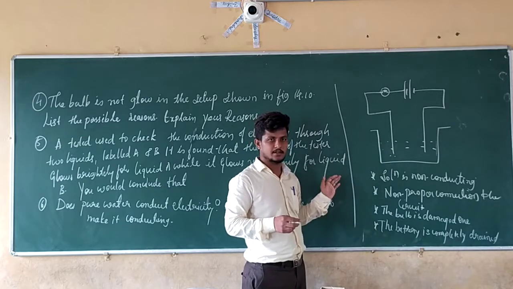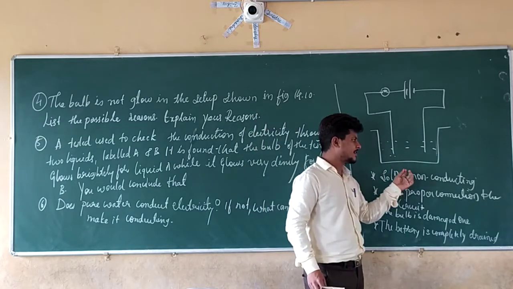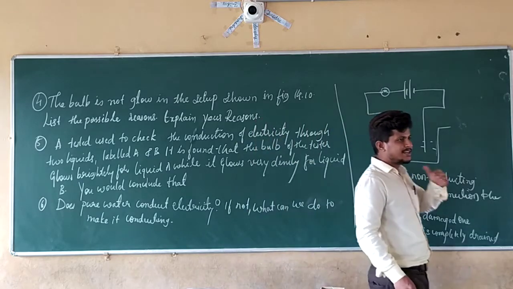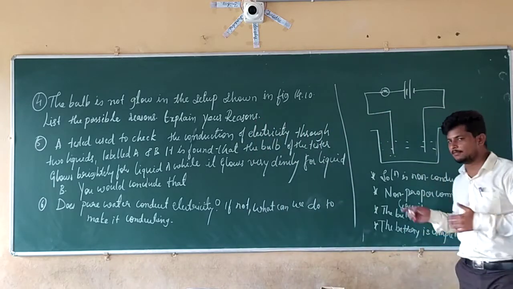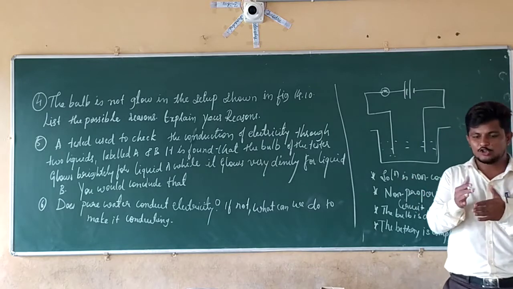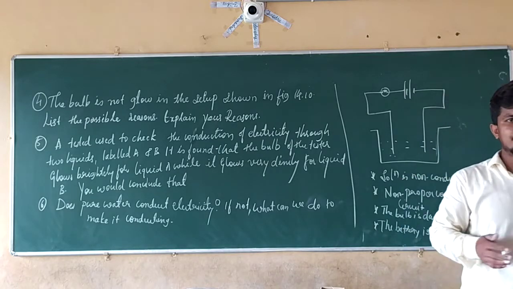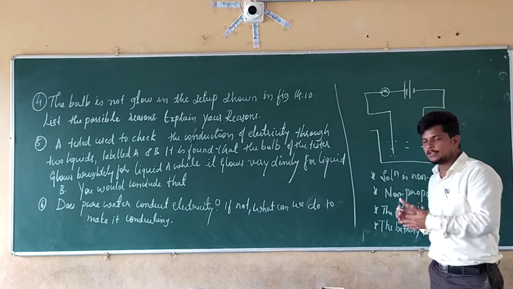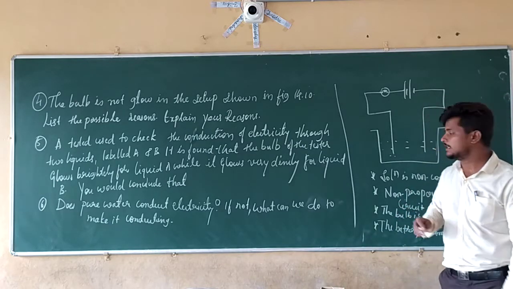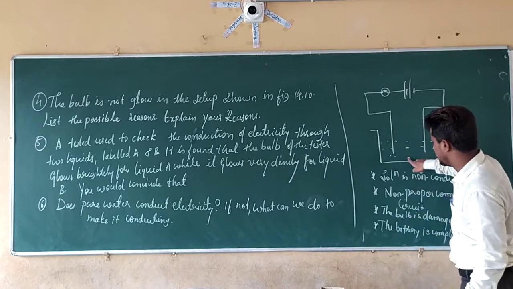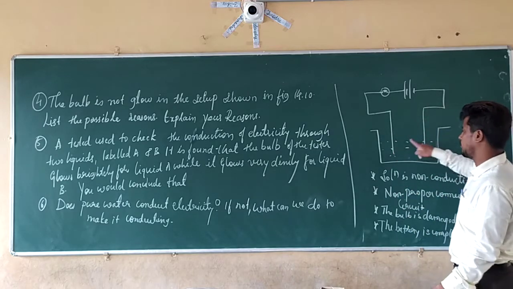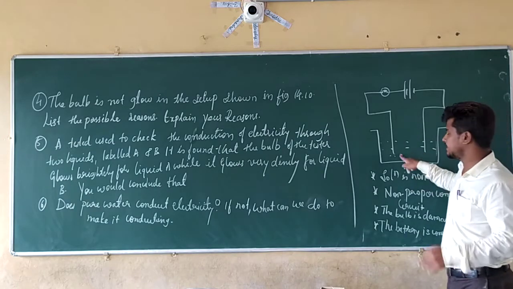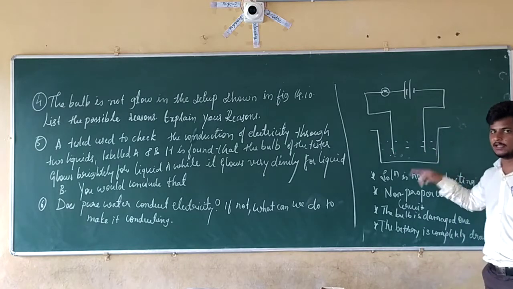That is the question figure. The first reason is that the solution is non-conducting. If you take a non-conducting solution, then while passing electric current through it, its components are not going to dissociate. If they are not dissociating, they are not going to form ions, that is, charged particles. It is not possible for these molecules to conduct electricity from one point to another in this case.